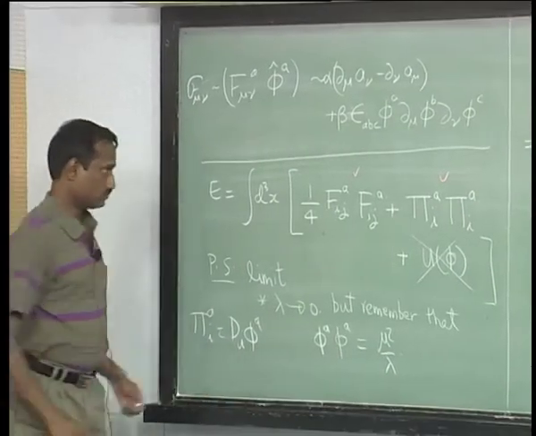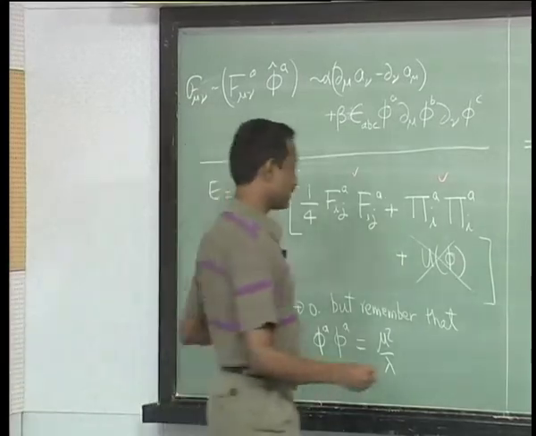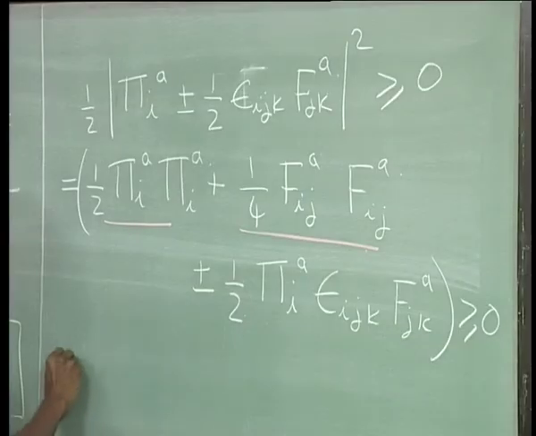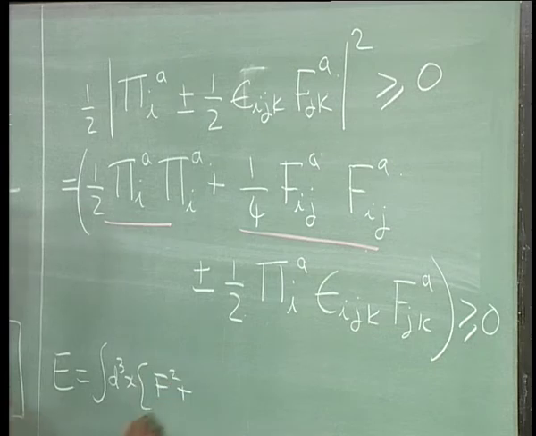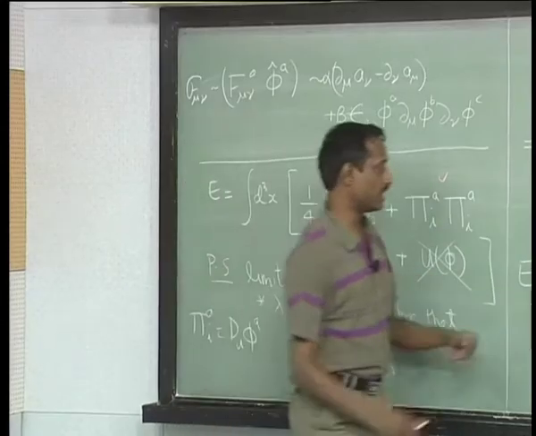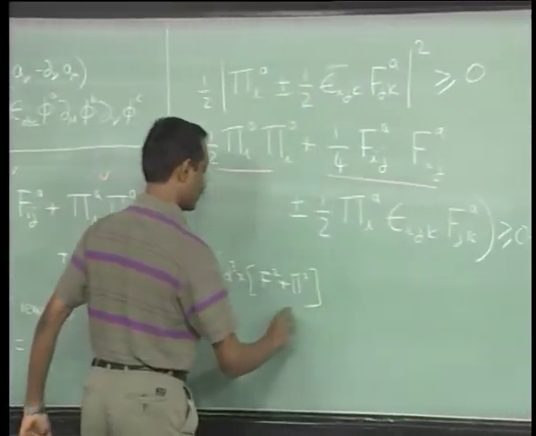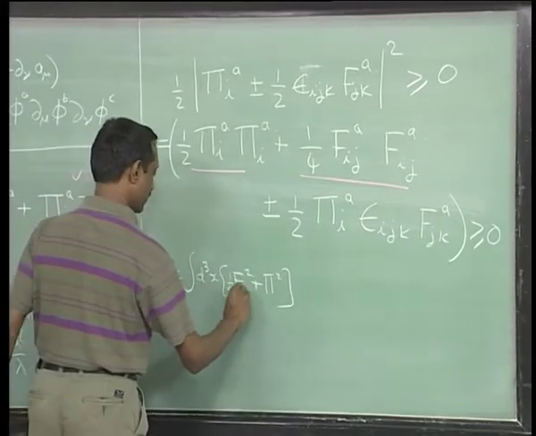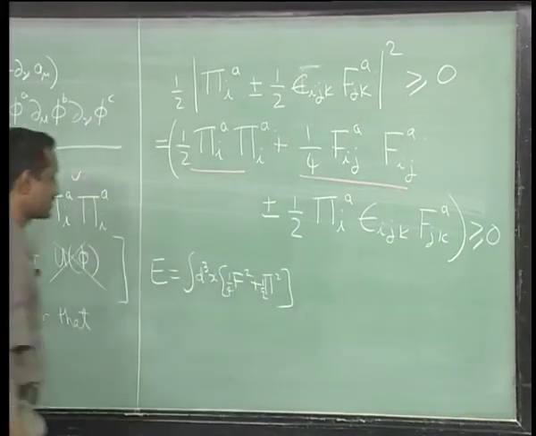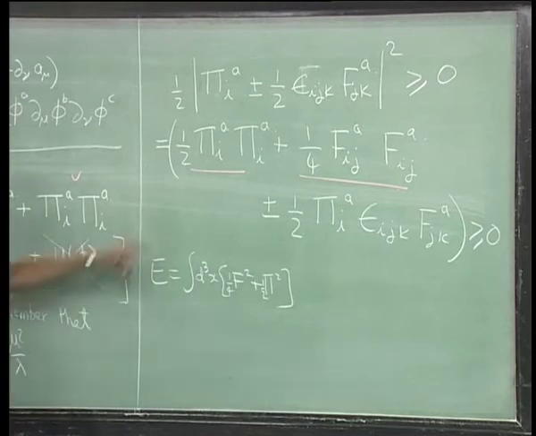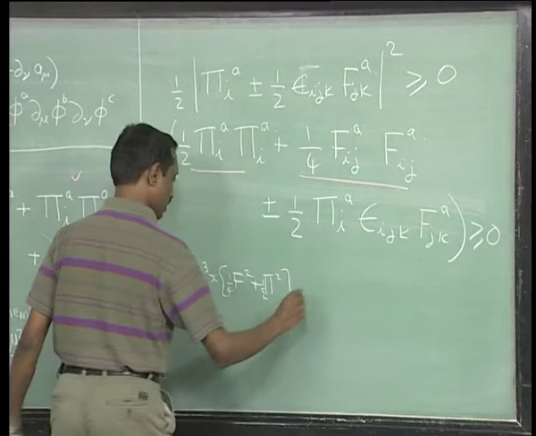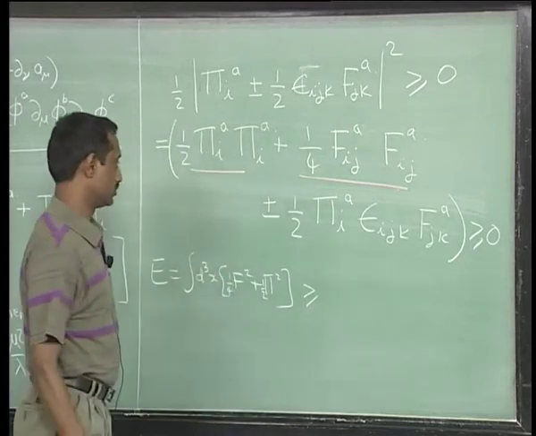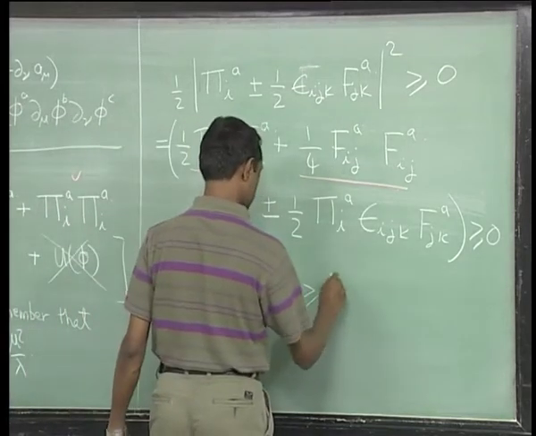Okay. So, I can rewrite, so this implies that the energy E, which is defined to be the integral d cubed x of, I will just call it f plus pi square, because I do not want to rewrite this again. Okay, maybe even at least let me put this much, the factors, correct. That would be the integral of this, which should be greater than or equal to minus or plus